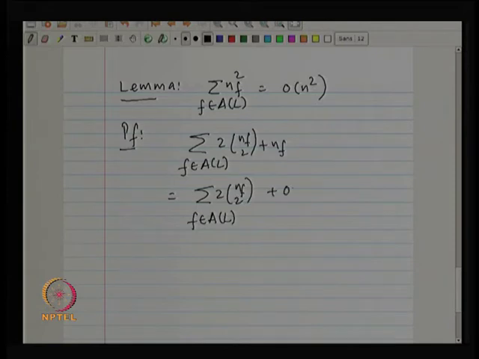The second term, we know that it sums to n square, because that is the total complexity of the arrangement, the number of edges or vertices in each face. So, the only thing that is left is to bound this quantity, and the claim is